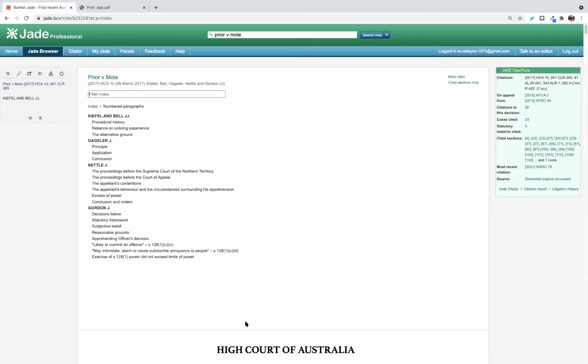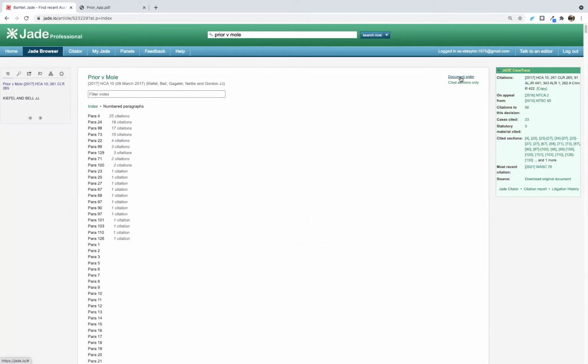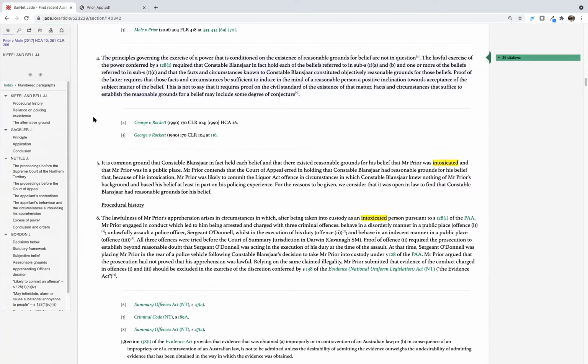But let's say I've identified this case as being potentially relevant to my research, and I really want to get to the key paragraphs in this decision. I can go over to the right-hand side and click on the Most Cited link. And so what that does is Jade looks at the citations back to our decision. So the number of citations, not the number of cases citing, which is 56, but the number of actual citations to the decision. And I can see here that paragraph 4 is the most cited paragraph of Pryor and Mole. So then I can jump into that paragraph,